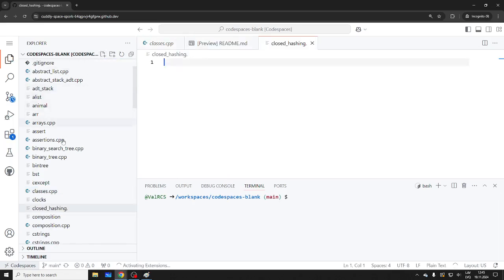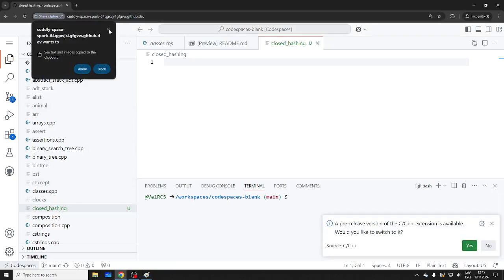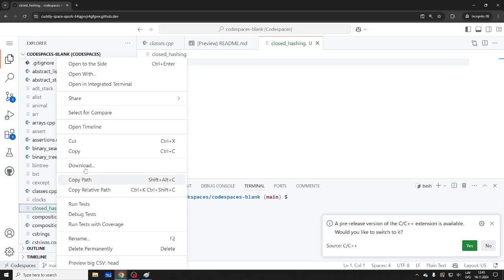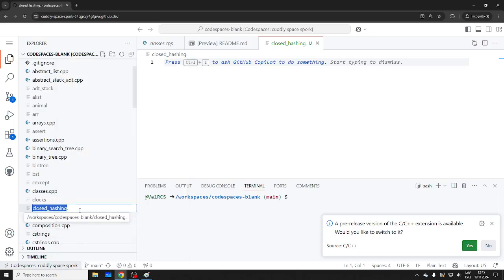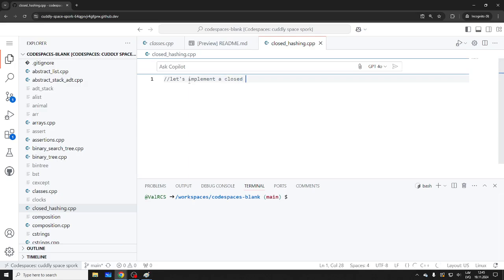Oh, come on. What happened? I can't spell it. Rename. CPP. Implement the closed hashing data structure, right? It will be unordered, right?